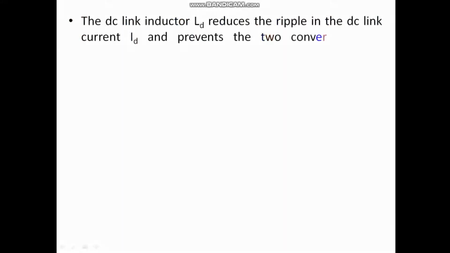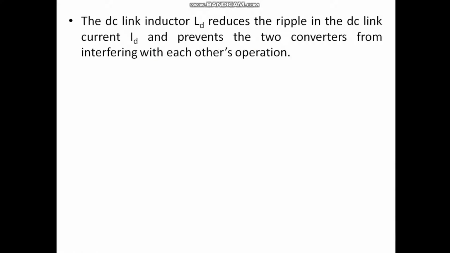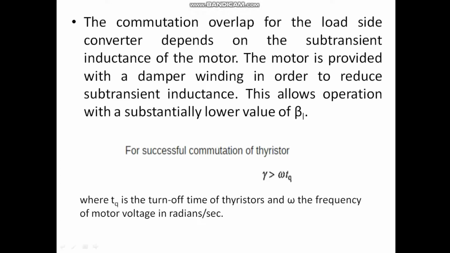Now we are talking about the DC link inductor. I said LC, LD. We'll talk about the DC link inductor now. So coming back here, now my work is to calculate beta L. I said the value of beta L should be lower for a high motor power factor. So for the calculation of beta L, thyristors under commutation are reverse biased for a duration of minimum.